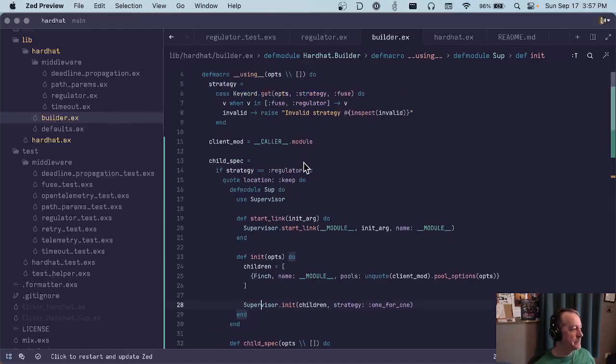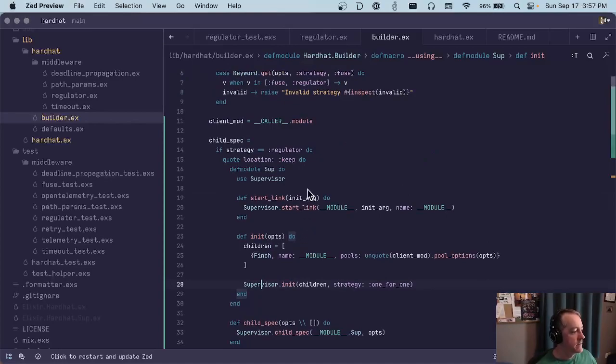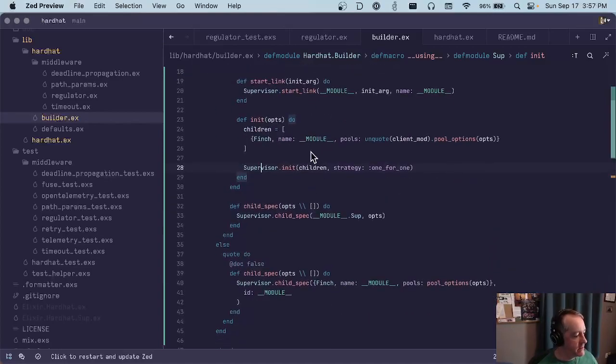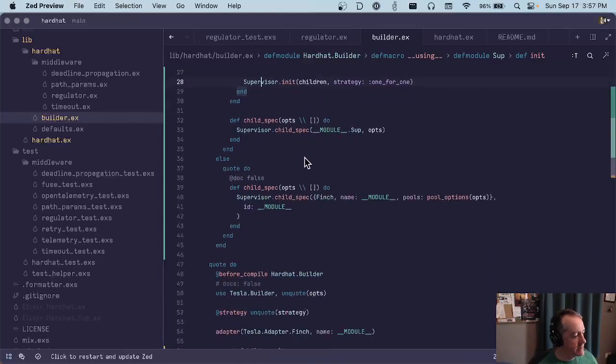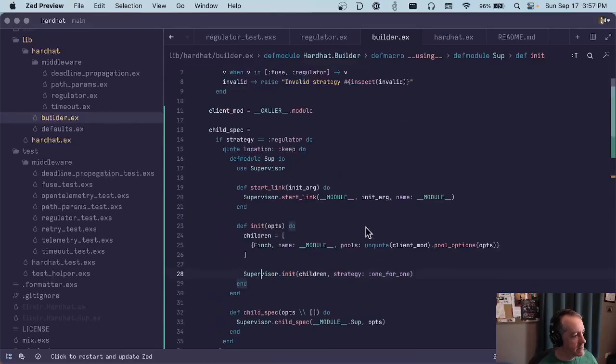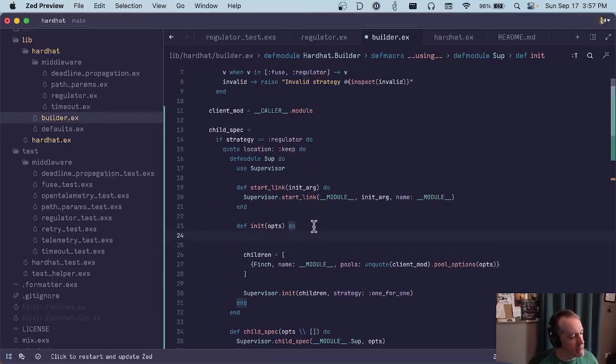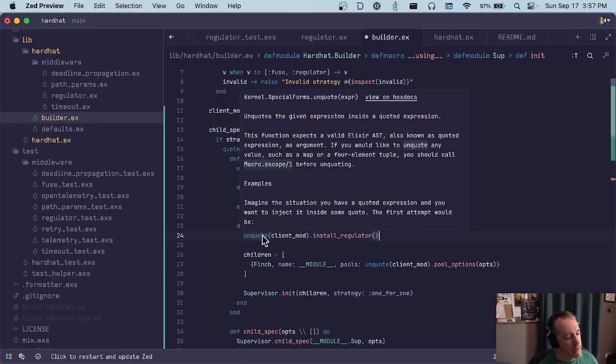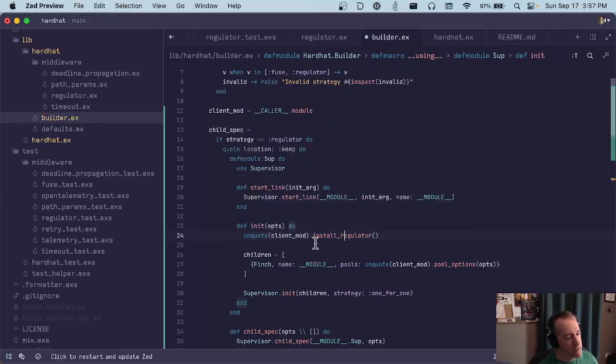Okay, so let's not do it here. Or rather, let's do install regulator. Let's make a function in there that we generate into the client module that installs the regulator,